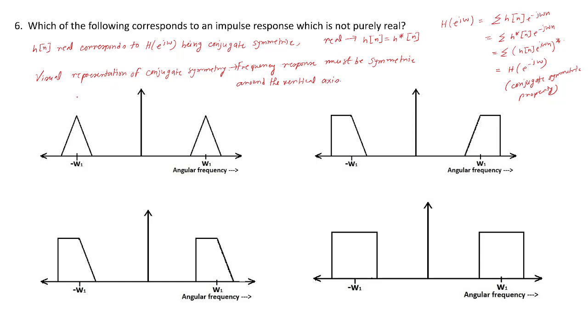Basically, on both sides of this vertical axis, the negative and positive angular frequency spectrum on both sides